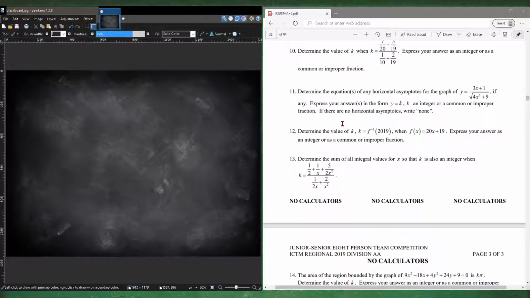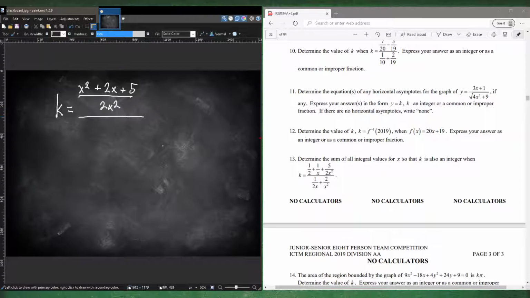And now number 13. Determine the sum of all integral values for x so that k is also an integer, where k is equal to this. So we know x has to be an integer and k has to be an integer. Let's simplify this. We know that the denominator, the LCM, has to be 2 times x squared. So then in the numerator, it will be x squared over 2x squared plus 2x plus 5 over 2x squared,